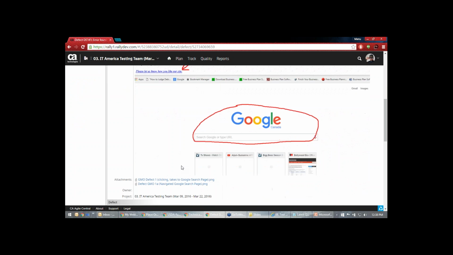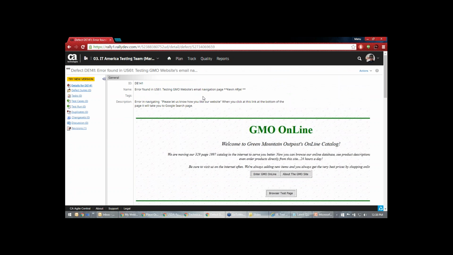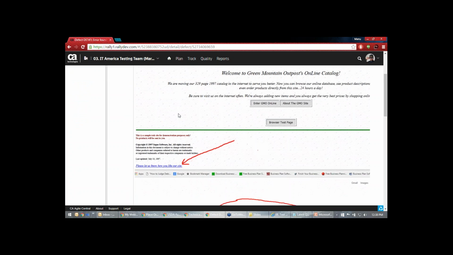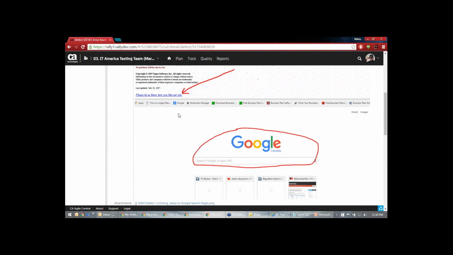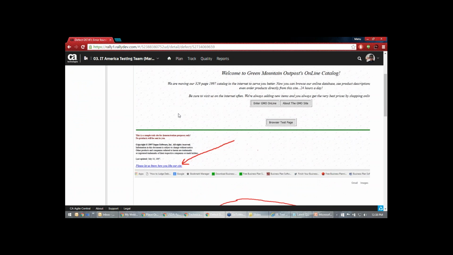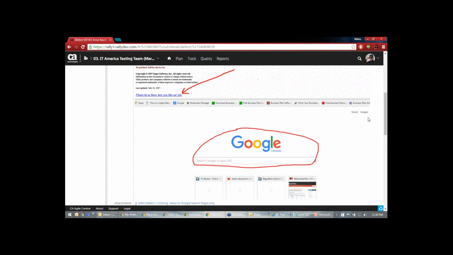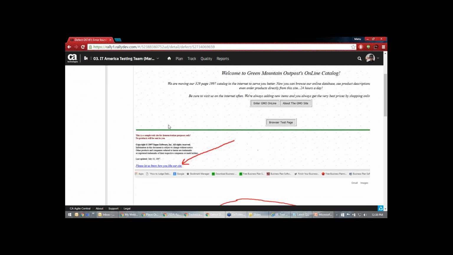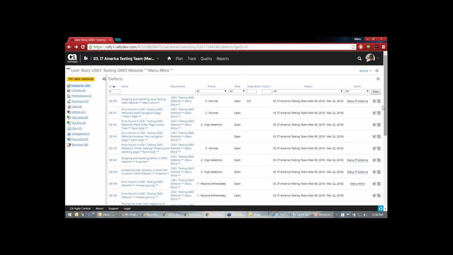Okay, so this is something which I don't know because I don't know in which browser it is happening. For this you need to be specific. It looks more like Google Chrome, the way I'm seeing this, but I never got this issue, so I'm not sure. Okay, so it's in Firefox. So you need to put that information.